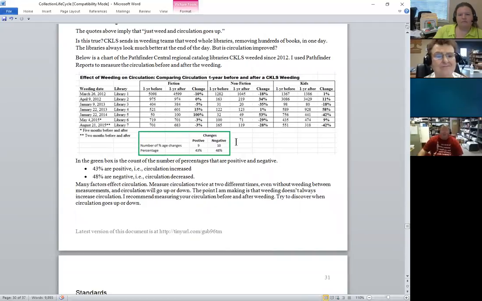This little box summarizes the data from the big table above it, of the 19 weedings here, or the 7 weedings here, and we also weeded, here's fiction, nonfiction, and kids. So of the 19 collections or so we've weeded, about 9 of them had a positive increase on the circulation. 10 of them had a negative increase on the